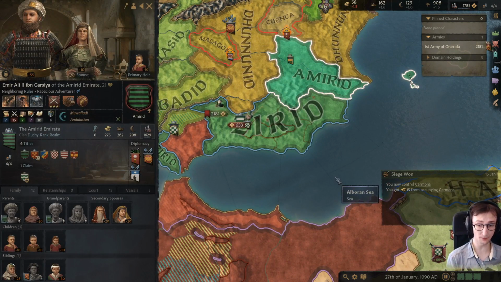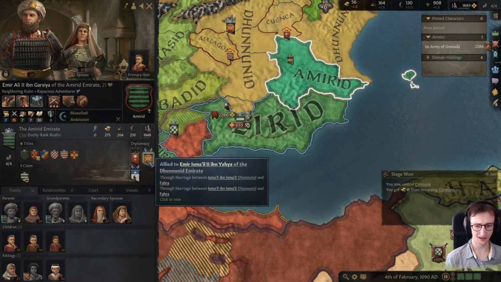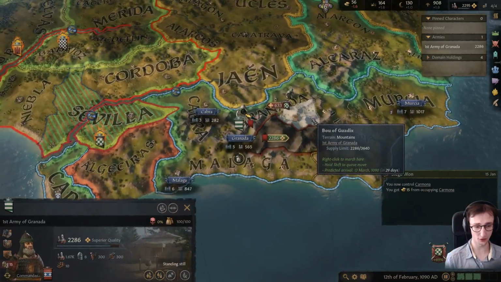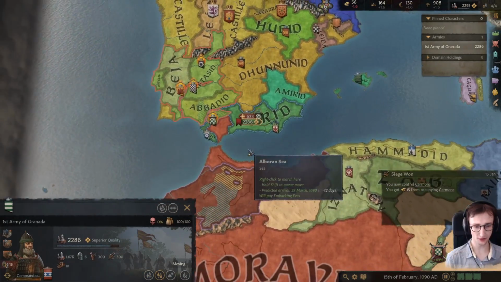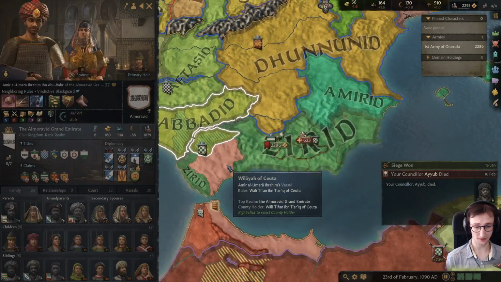We could also go against the Amorites, who we no longer have a truce with, if I'm not mistaken. Beautiful. Actually, the Dunanites are their friend. Oh god, I don't like that, but we'll see how it goes. For the moment, everything is looking fine. We're going to take over the coast. If I can, I would absolutely love to take over...